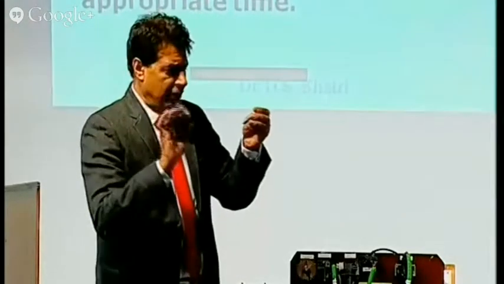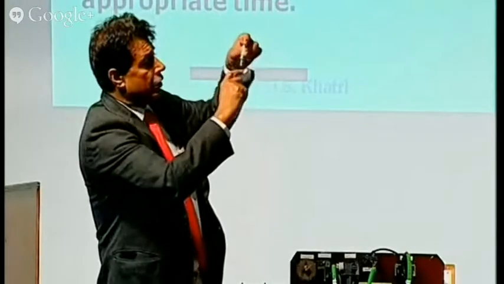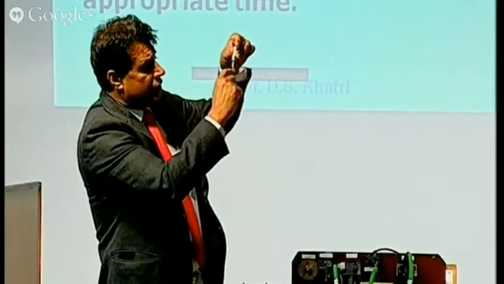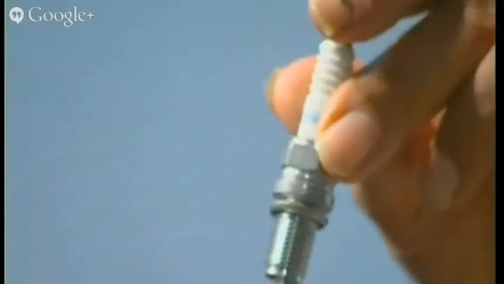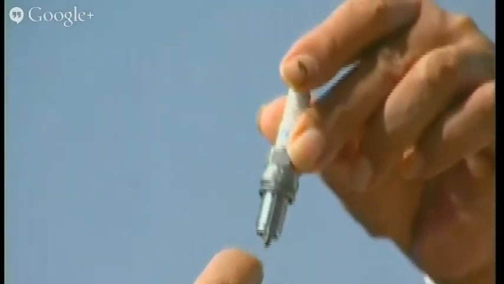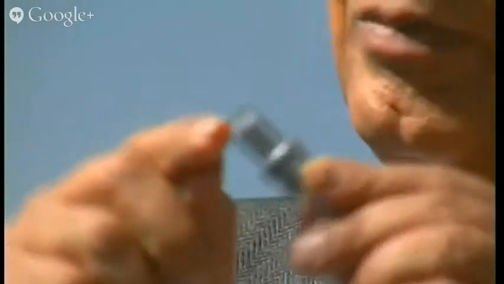Another aspect I am just touching upon, I will not go into detail. Even the height of this ground electrode, the side electrode, it may be here, it may be even like this. It is also important. We call it protrusion. In this spark plug, you are able to see only one ground electrode. There may be two, one from this side, one from this, and there may be four also. So this is the design aspect of the spark plug, but this is most commonly used and very cheap also.